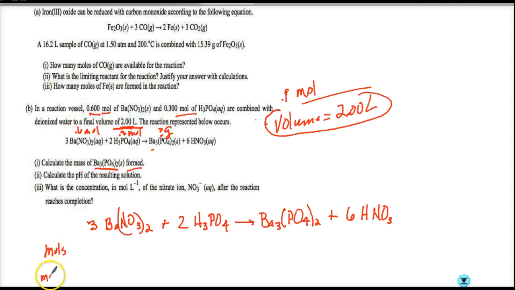and I want molar ratio. So how many moles do I have? I have 0.6 moles of the barium nitrate, and I have 0.300 moles of the phosphoric acid. And so who's going to run out first? Well, I'm going to divide both of these. Here's the mole ratio, the coefficient. That's a 2. And to do the down and dirty quick limiting reactant identification,